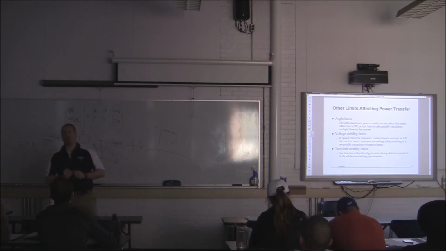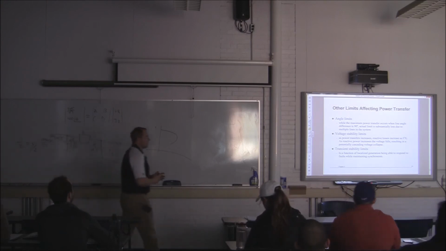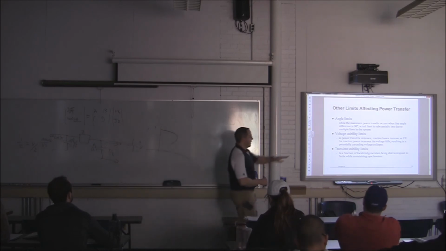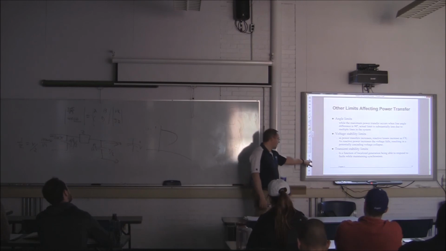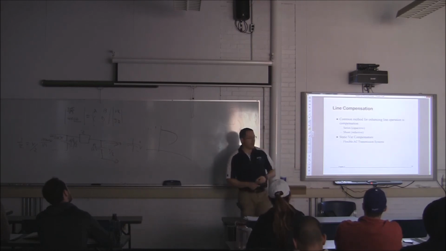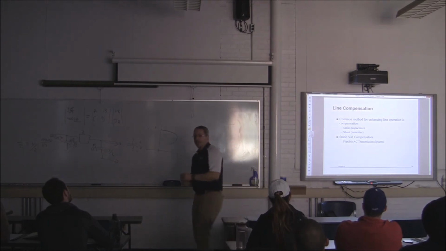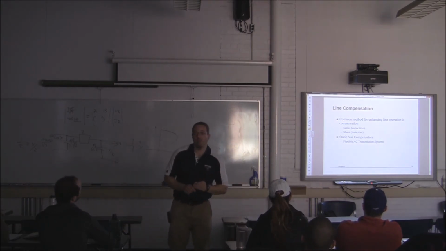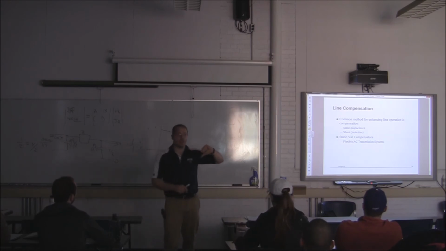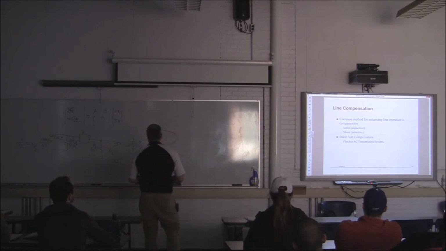That's voltage stability. That's sort of a newer area of understanding. And then this transient stability stuff has a lot to do with that power angle, but it's more about machines moving in real time. And then how do we do compensation? How do we make a line better? Because if we have V1, V2 divided by X, we can move more power if we drop the value of X, right? So if I have a transmission line here,